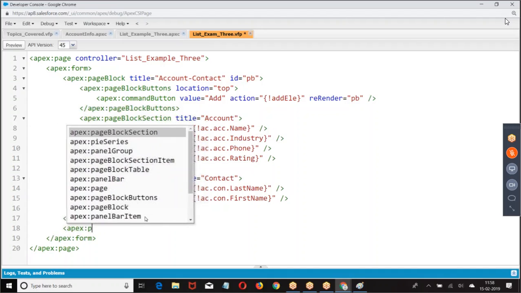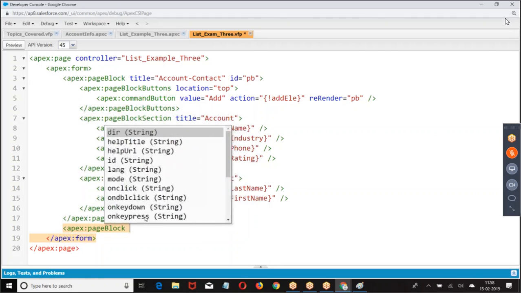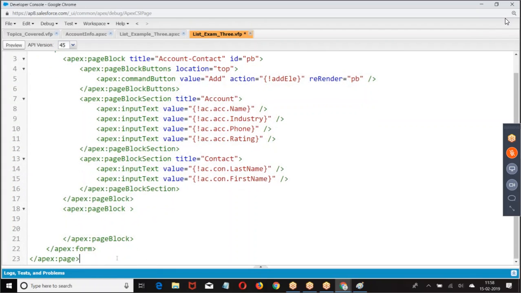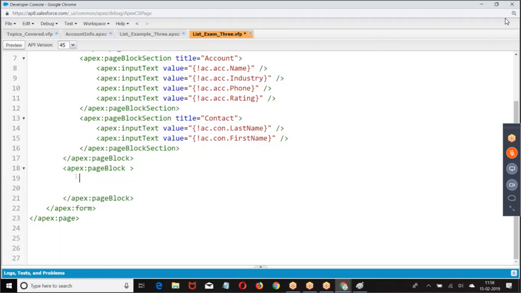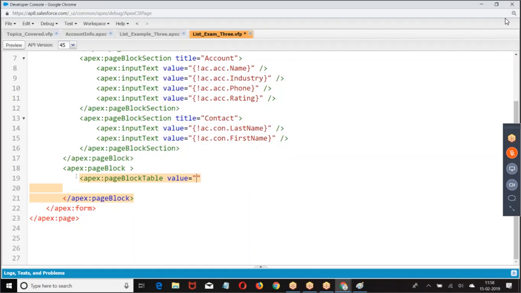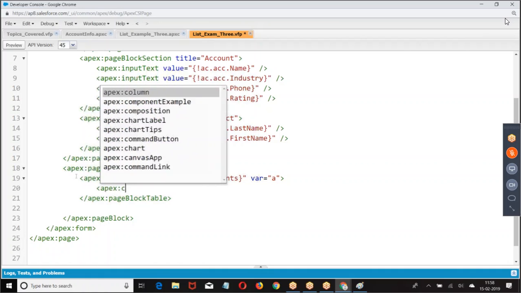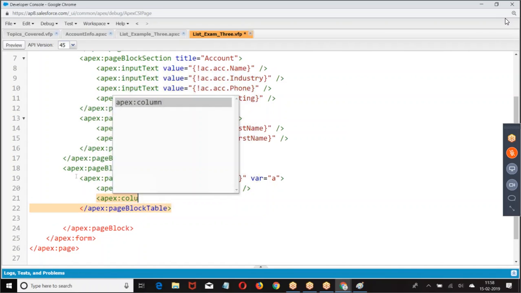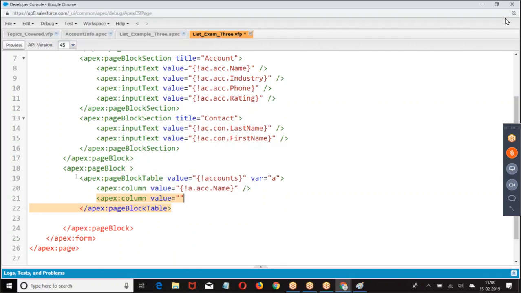Then I'm trying to add Apex page block table. Apex page block table value equal to, of course, column value equal to, in the AC we have ACC, in the ACC we have value equal to.